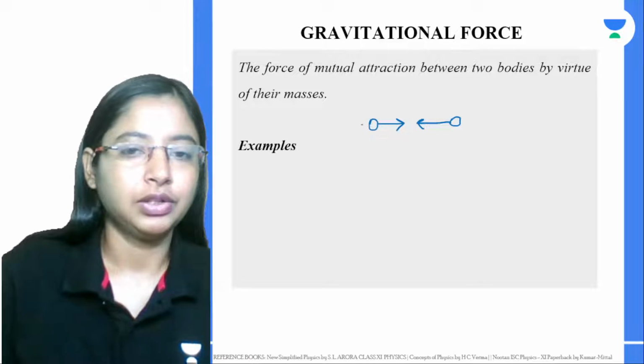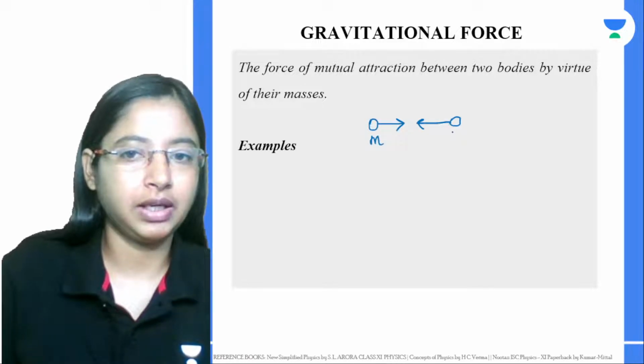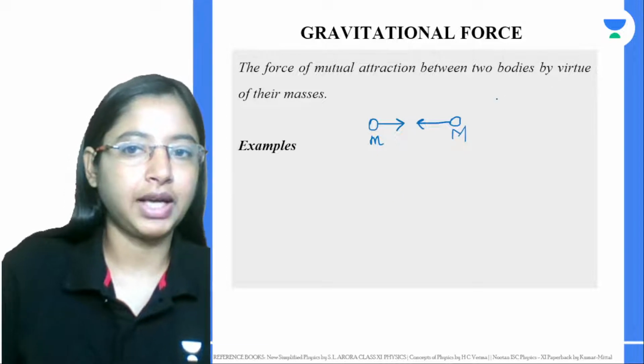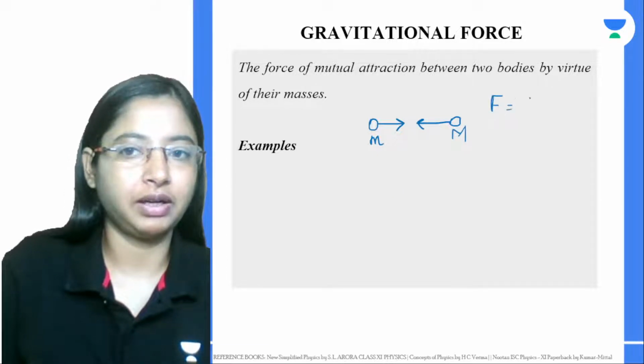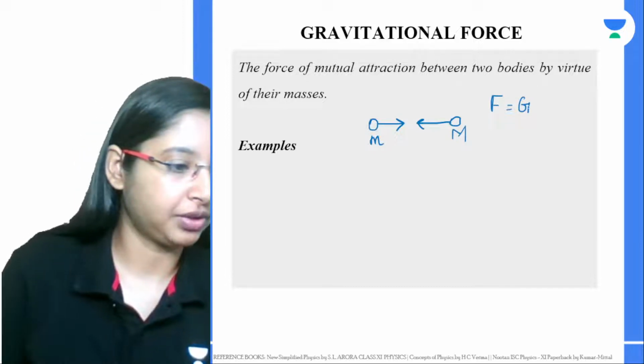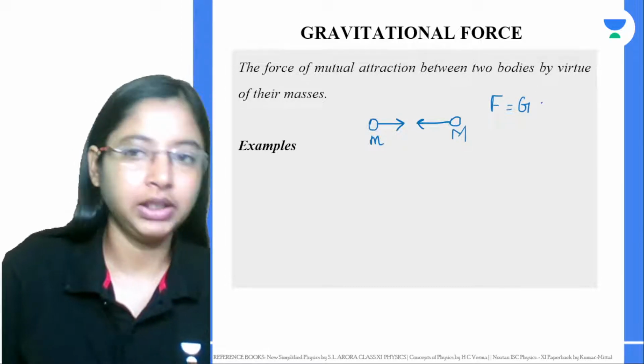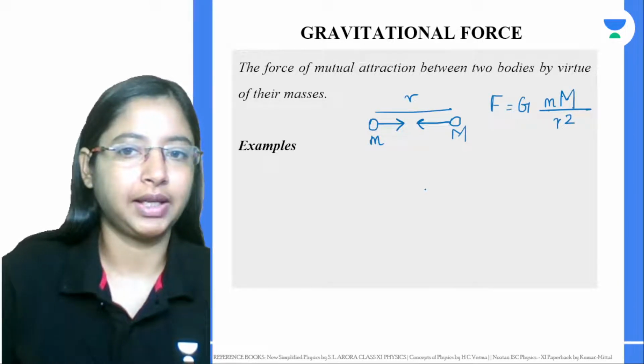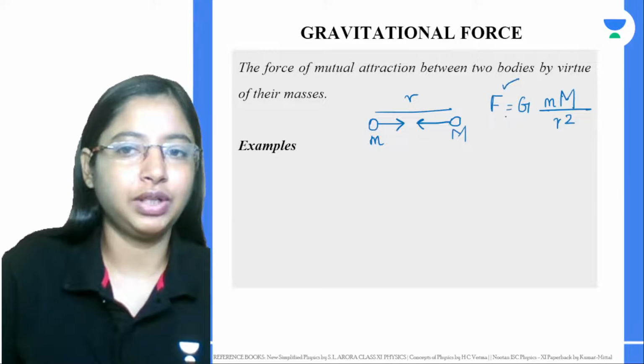That is right. So you have a mass m, and the Earth has another mass M. The masses of the objects are different. The force acting between them is given by the gravitational force. It has a constant G. And then it will be the product of the masses, divided by the distance between them, let's say this distance is r, by the square of the distance. So this gives you the gravitational force.